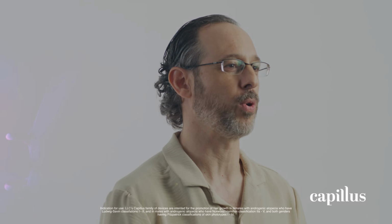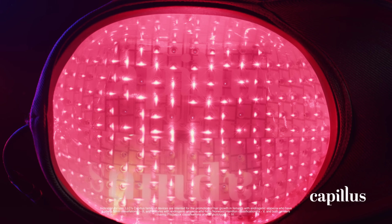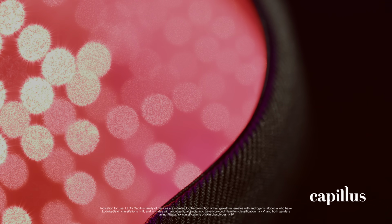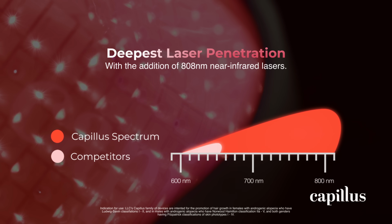Capillus Spectrum, a revolutionary breakthrough in hair regrowth technology. With the power of 808 nanometer near-infrared lasers, the Spectrum penetrates deeper into the scalp, delivering cellular stimulation like never before. In addition to 650 nanometer red light, the Spectrum also provides 808 nanometer near-infrared light, offering a broader spectrum